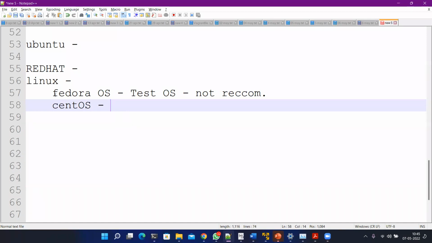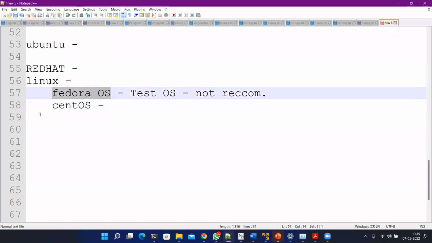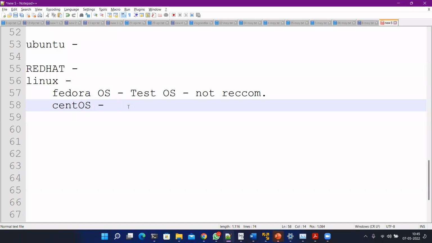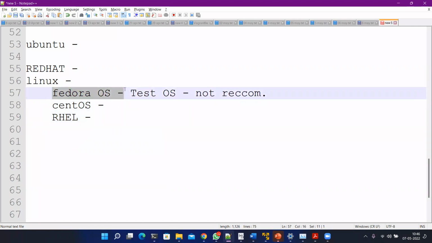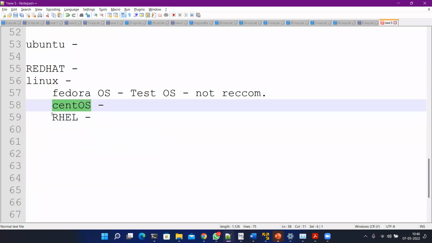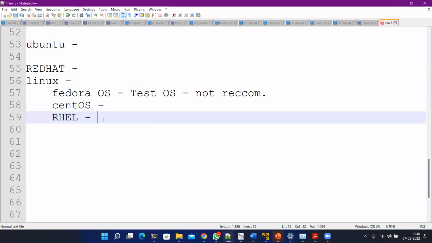So Red Hat does the first level of testing on the Fedora operating system, and the second level on CentOS. Yes, you can download and use it. It's more stable than Fedora. Once the testing is done on CentOS, then finally the code is released on Red Hat Linux, RHEL. This is how companies get software updates. Updates are first tested on Fedora, then CentOS, and then finally released on RHEL, so that companies are getting stable updates.